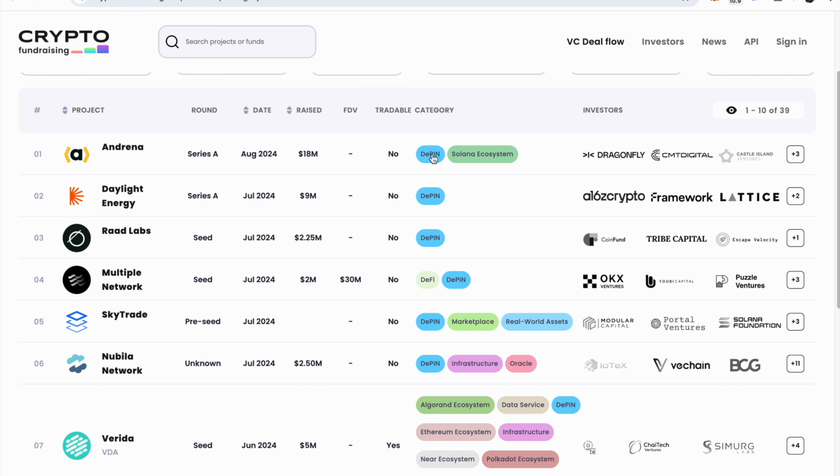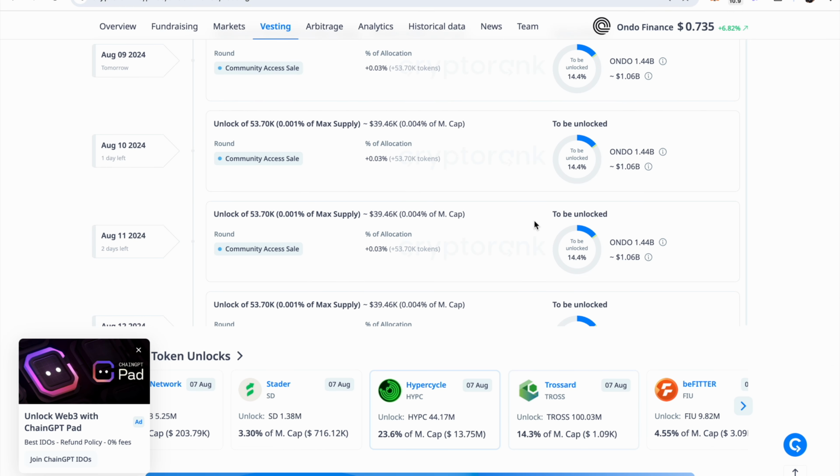So like I just pull up DePIN and we get to see all the different DePIN projects, how much money was raised, who were the investors. So we can see what projects are due for maybe a pump because they've gotten more money, or what projects are about to launch because they're heavily funded. So great tool to use, Crypto Fundraising. As we move on, another tool that gives us similar information,